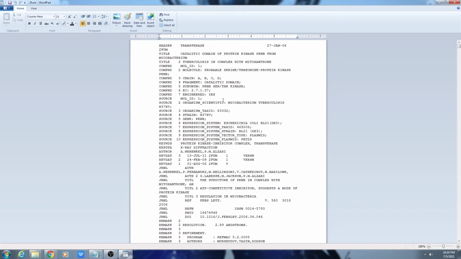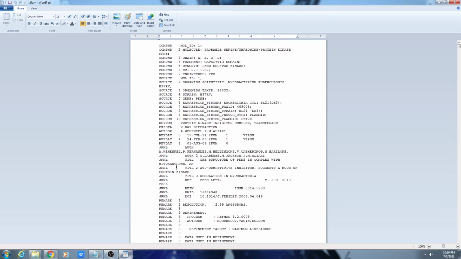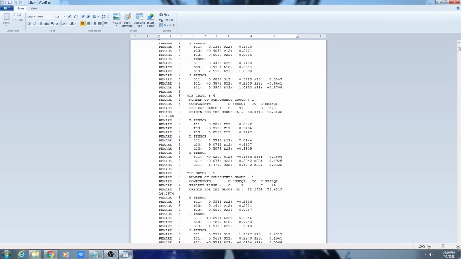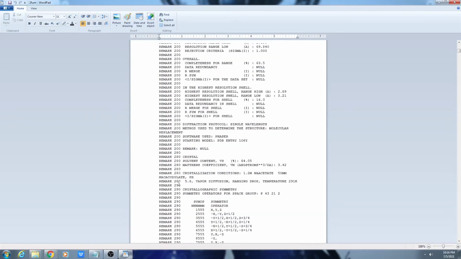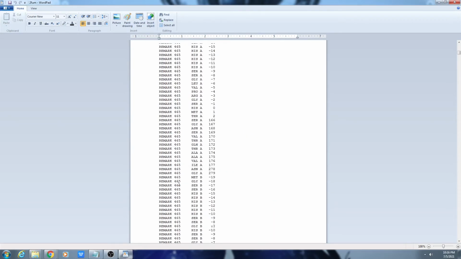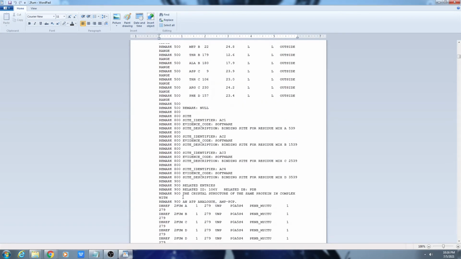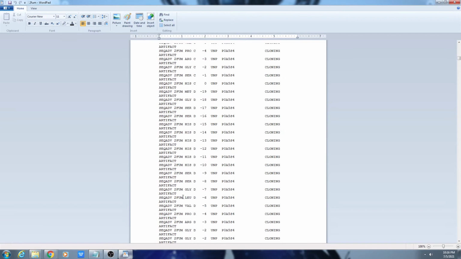In the beginning of the file you can see the information of the protein, like the title and the author. When you scroll down, you will see atoms. This will be the same in every protein.